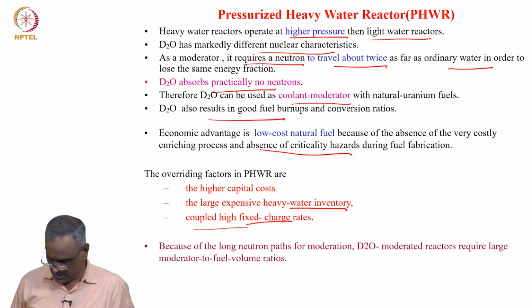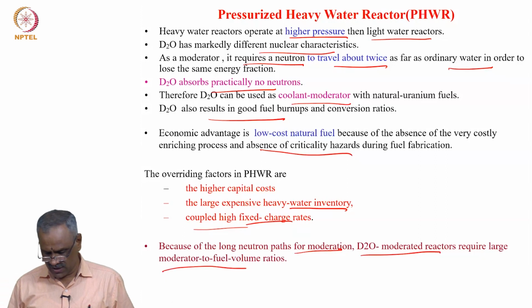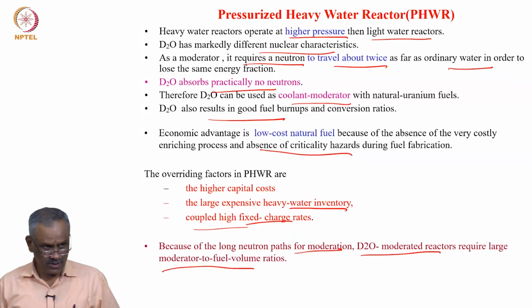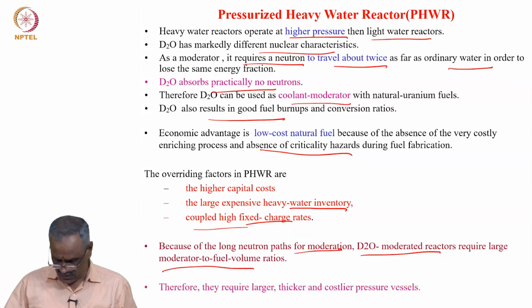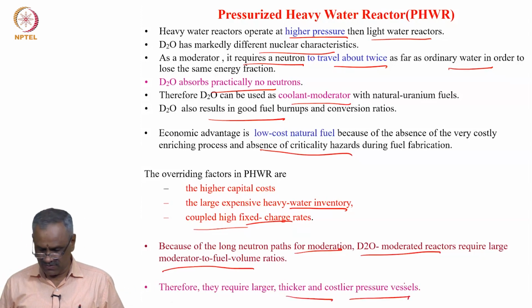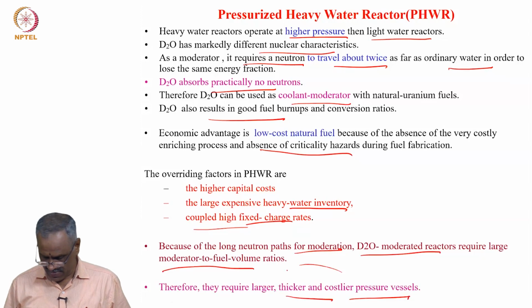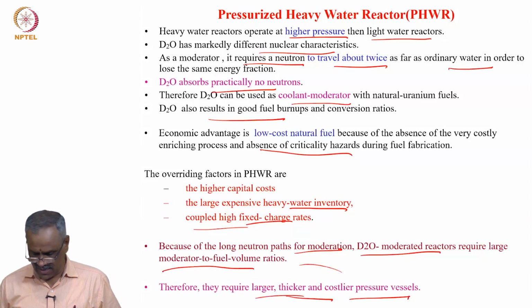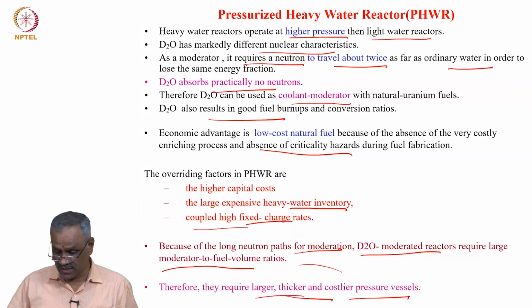It requires long neutron paths for moderation. So, a D2O moderator reactor requires large moderator-to-fuel volume ratios. Therefore, it requires larger, thicker pressure vessels. These larger, thicker and costlier pressure vessels are required in this case, because the pressures are also higher as compared to